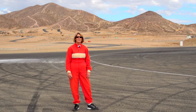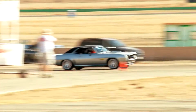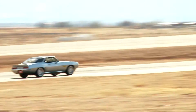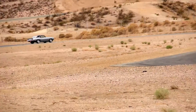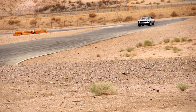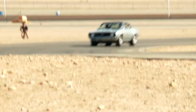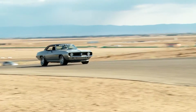The last car that I tested would be the Art Morrison Enterprises '69 Camaro. This has their brand new rear suspension clip underneath it. It is an independent rear suspension, and I've driven other vehicles that have been converted from a solid axle car to an IRS. I'll say by far, this is the absolute best car that has this package on it that I have ever driven. I was very impressed with this car, and I'll say it's got rear steer, which is kind of interesting